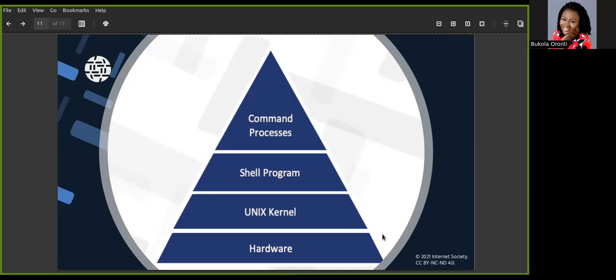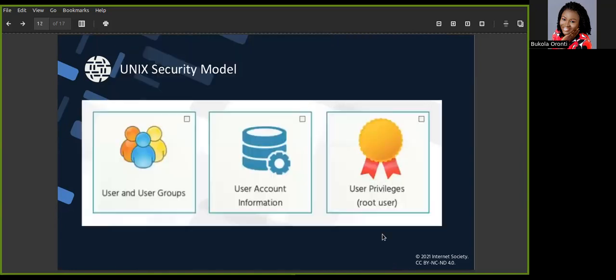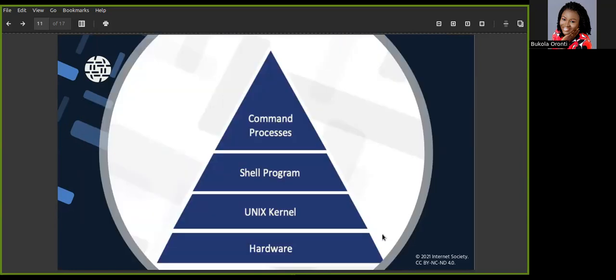The first one, the base of the pyramid, is the shape of the architecture. The base of the pyramid I'm starting with is the hardware. The hardware is a collection of physical elements that constitute a computer system. It is the physical part of a computer system or any smart device that we interact with. In this case, I'll use the word computer system.